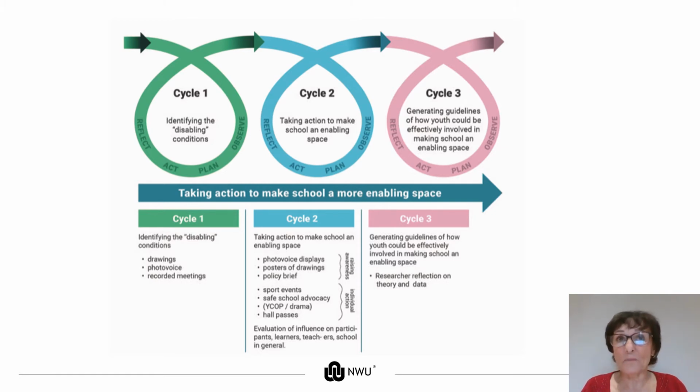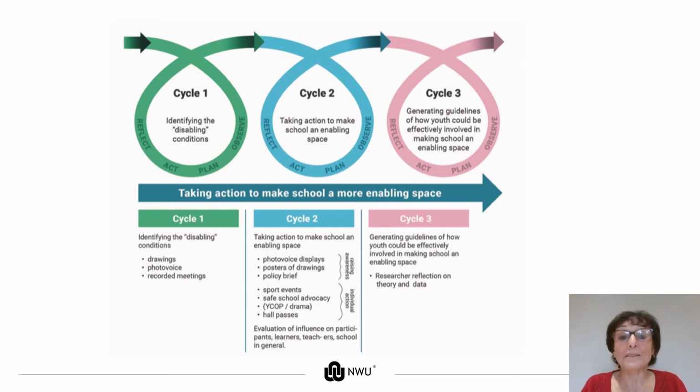And they said, now what can we do with this? Is this a true reflection? And then they decided, after reflecting on it, that it was a true reflection of what they thought, but they also wanted to use it to raise awareness and take action to make school a more enabling space. So they didn't want to just identify the problem, they wanted to take action to solve it. So then they would move on to cycle two, where the main aim was taking action to make